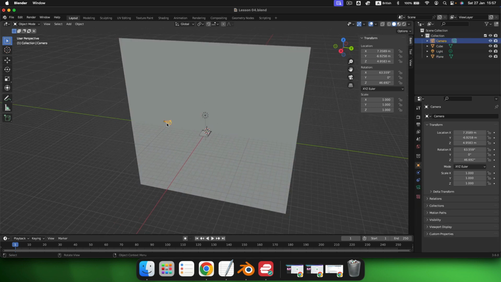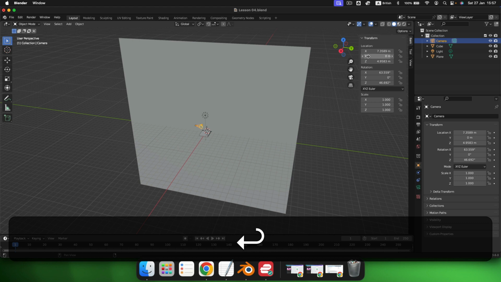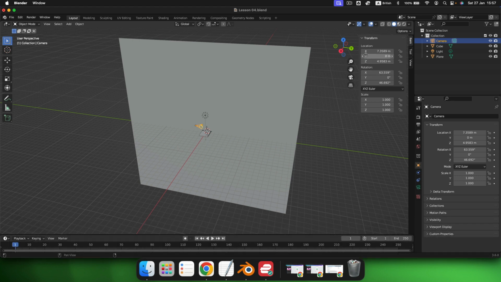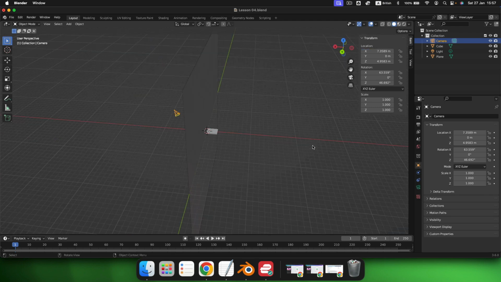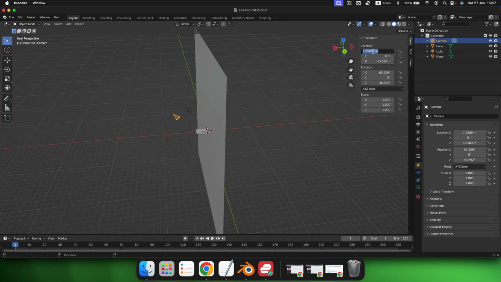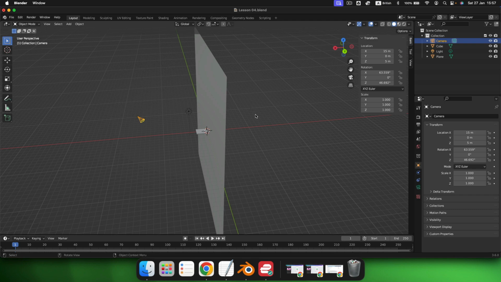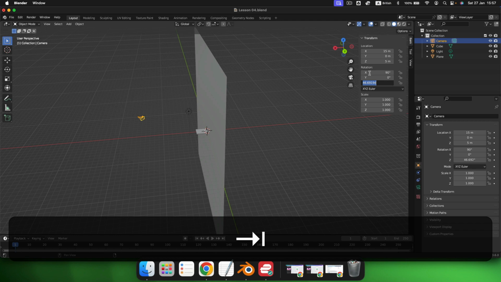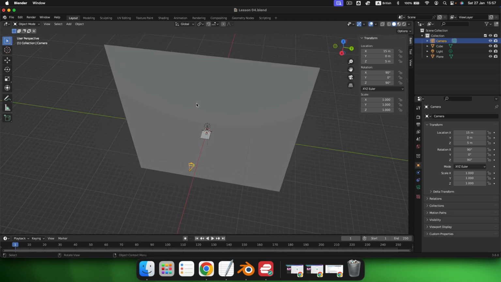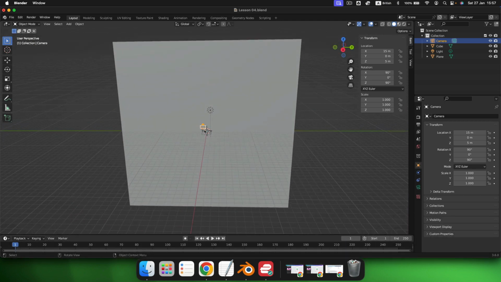Okay, so what else do we need to do? We need to set up the camera. Okay, so let's go ahead now and set up the camera. Now, I want it in the middle, so I want it at 0 on the y-axis. I want it back a little bit further. It's a bit too close to the wall. So I want that back about 15, and let's have that at a nice round 5. Okay. Now, in terms of rotation, 90, 0, and 90 will give us a nice rotation, pointing straight at the